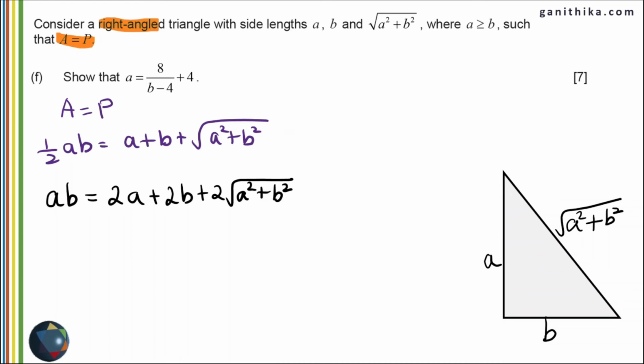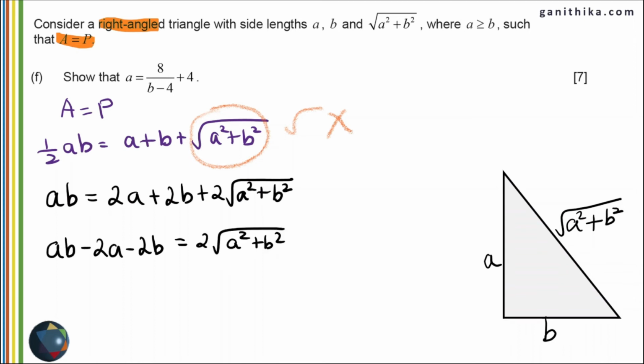You can see that the square root of a squared plus b squared needs to be eliminated first, because the square root is not going to help us in making a or b isolated. So let's collect all the terms other than the square root terms to one side and keep only the square root term on the other side, and then square on both sides. This will help us to get rid of the square root. This is simple algebra. You would have learnt it in earlier years. Now pause the video again here, simplify these two expressions and make a the subject and write a in terms of b. I hope you are ready.